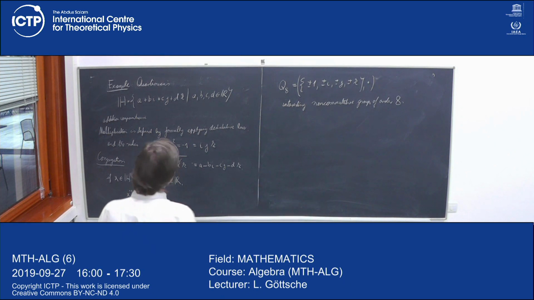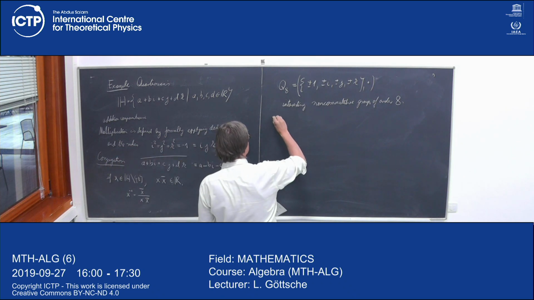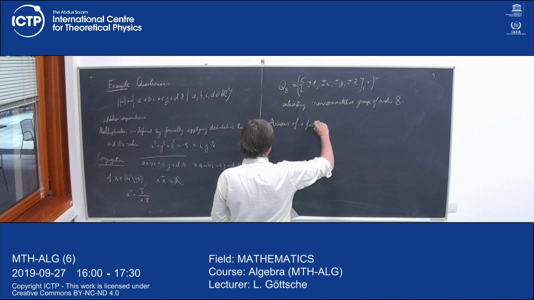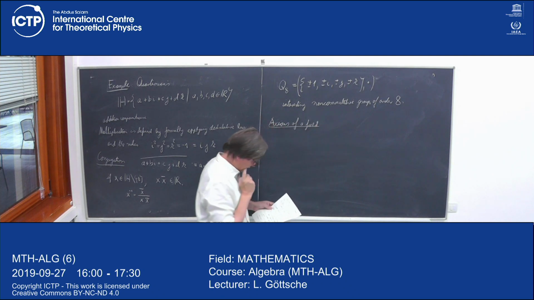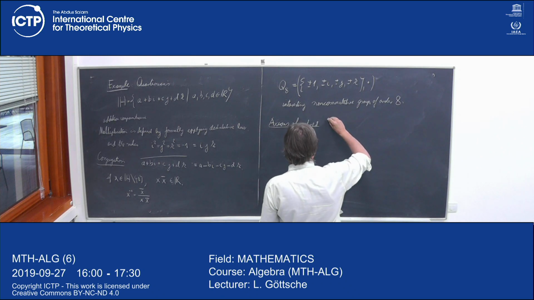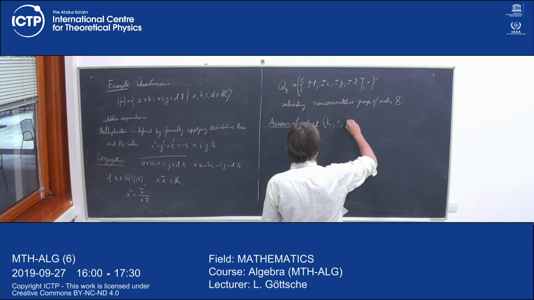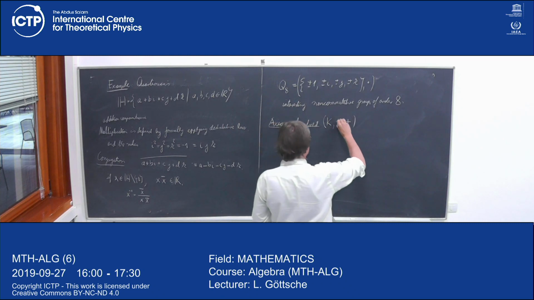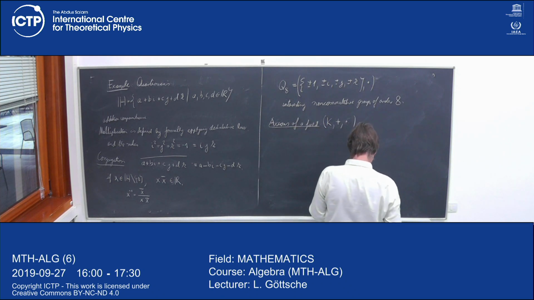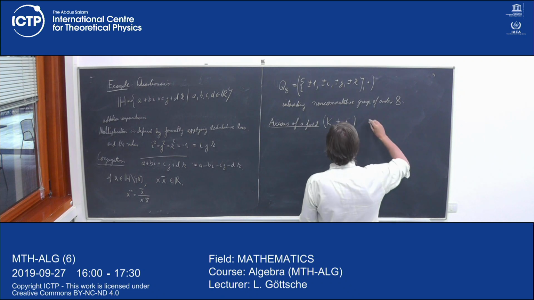I just want to spell out again the axioms of the field. It's just a commutative division ring, but let me spell it out so that we have it. So if I have a set K with two operations, plus and times, it is a field